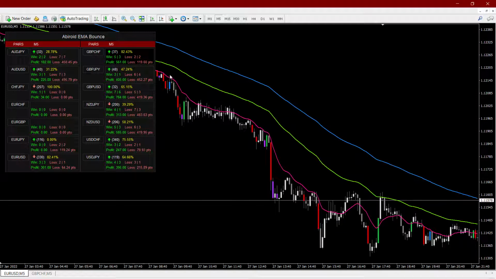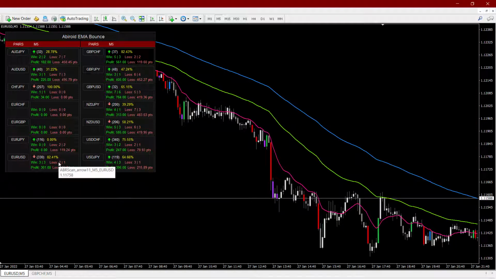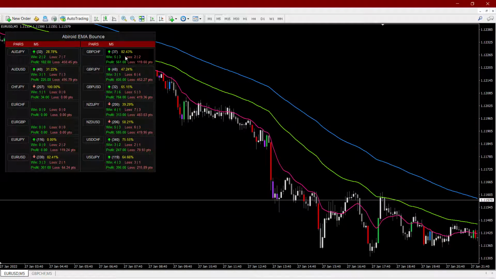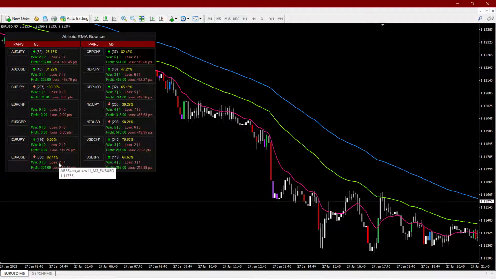For now, I have set the max past bars to 1,000 bars, so it will check the past 1,000 bars and try to find the percentage of profit and loss. Based on this, we can see that EURUSD might be trending and also this one might be trending because these are giving good percent values, and everything else that is giving very little percent is probably ranging right now. So this is a trend-based strategy, and you should only trade when the trends are good and never trade when the market is in ranging motion.